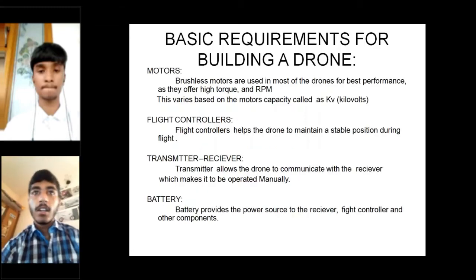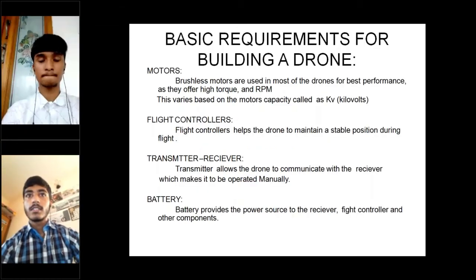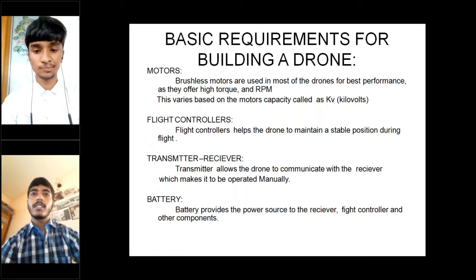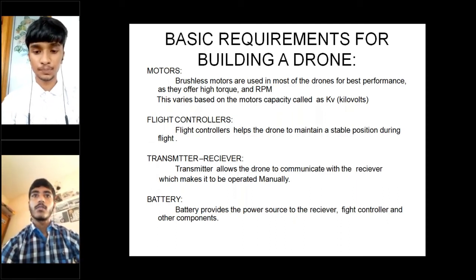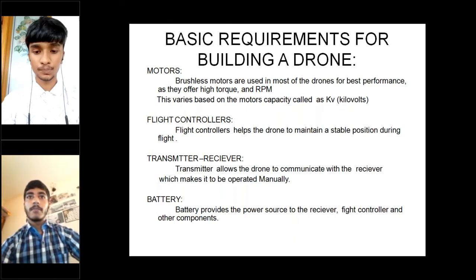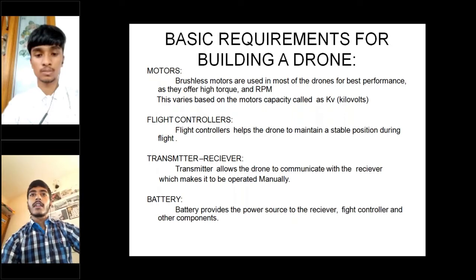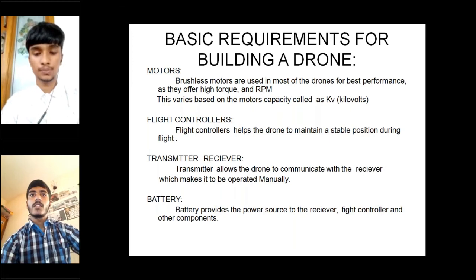Now let's see the parts in detail. Motors. There are many varieties of brushless motors varying from high to low kV, such as 1000, 1400, 1800, 2000 kV, etc. The capacity of the motor to be used can be determined by the usage of the drone. For example, a high kV motor is efficient and spins at high revolutions, whereas a low kV motor has good torque.